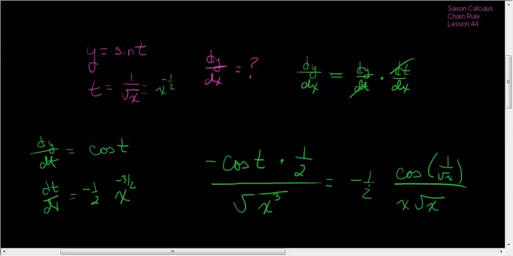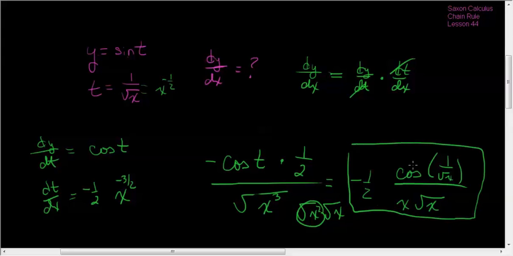Okay, your textbook doesn't pull this x out, but they should. So x cubed is the square root of x squared times x, the square root of x squared times the square root of x. That would be the square root of x cubed. So this should come out as just x. So I end up with negative 1/2 cosine 1 over the square root of x divided by x times the